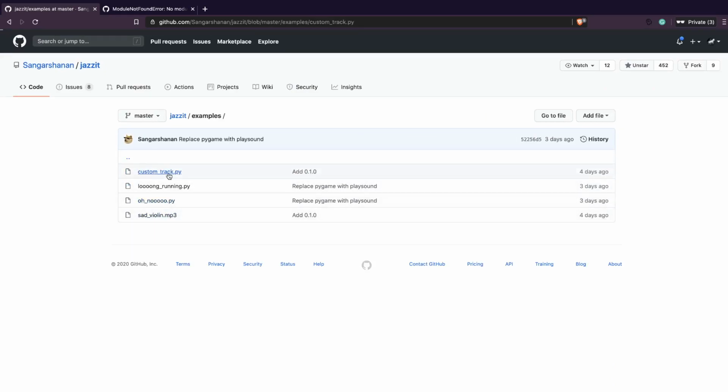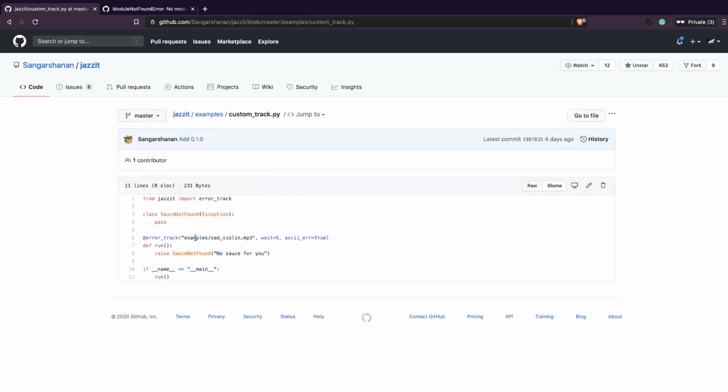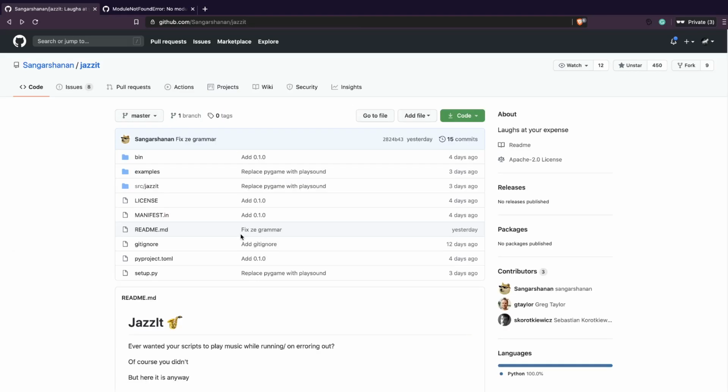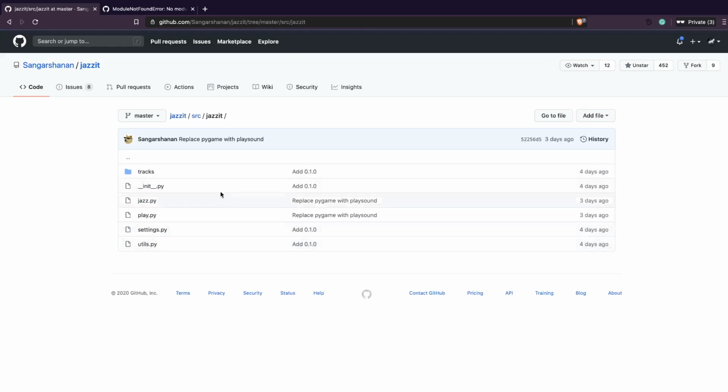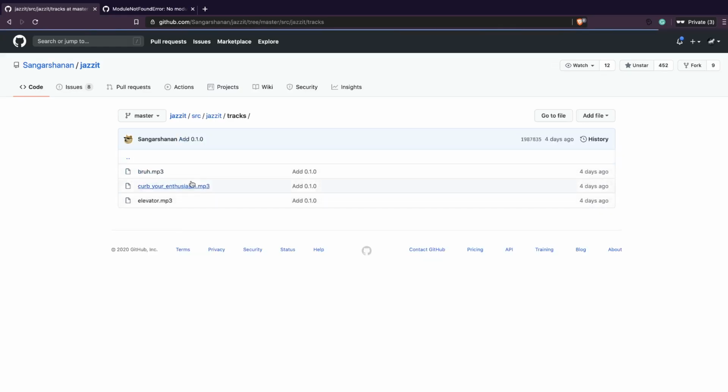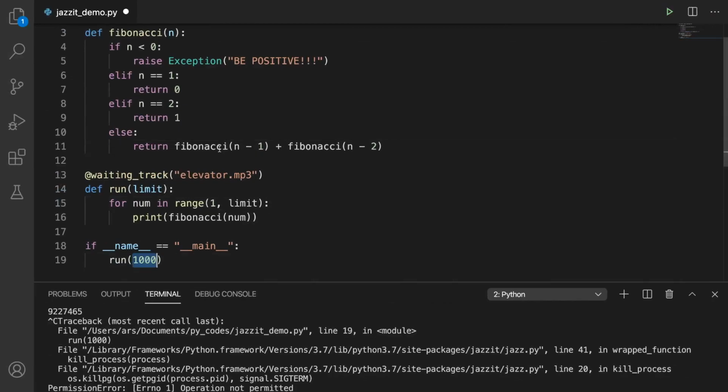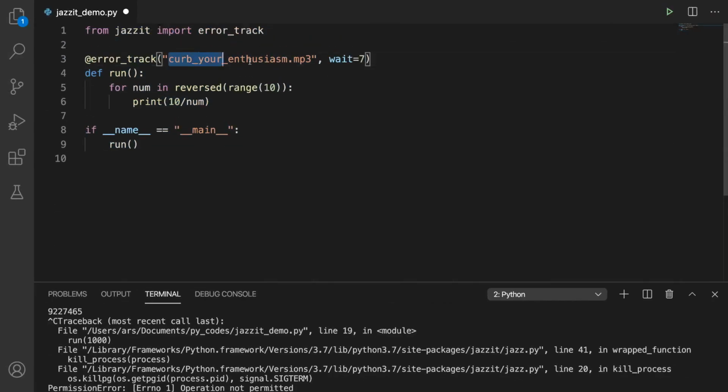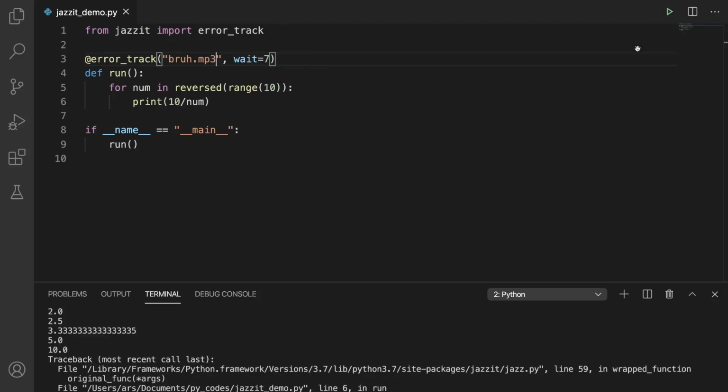You can look at this example where you can use your custom mp3 rather than the mp3 that comes with this package. You can see the tracks. You have 3 tracks, so you can change the track: go to this example, say this is the track you want to use, save it and run it. Okay, yeah, you can use that track.